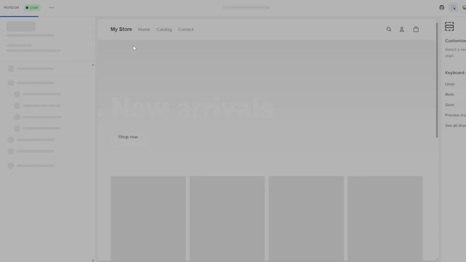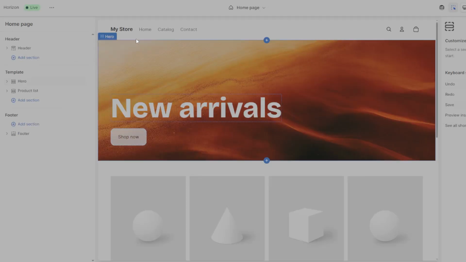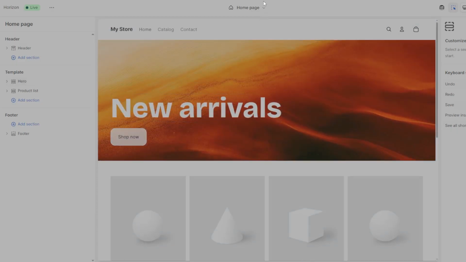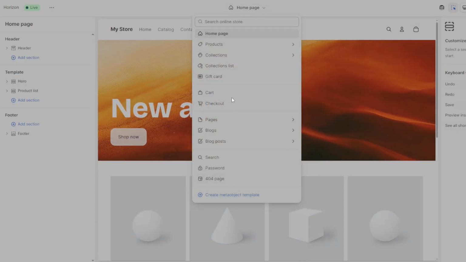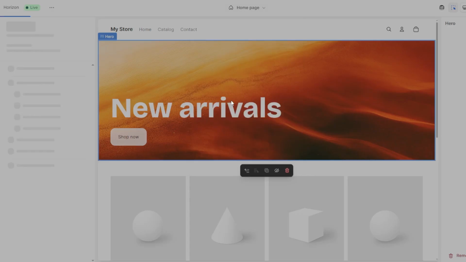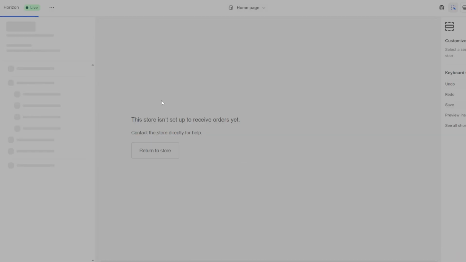If you want even more control, consider adding a landing page app like Shogun or Pagefly from the Shopify App Store. These drag and drop builders let you design beautiful pages without coding and give you more flexibility with layouts and design elements. Once you're happy with your landing page, click Save and copy the page link to share it